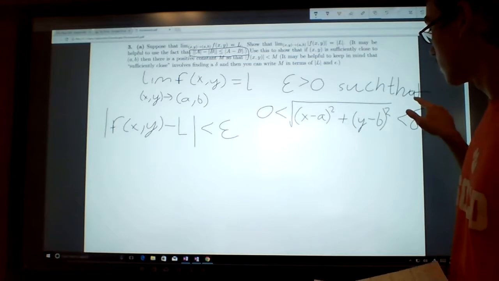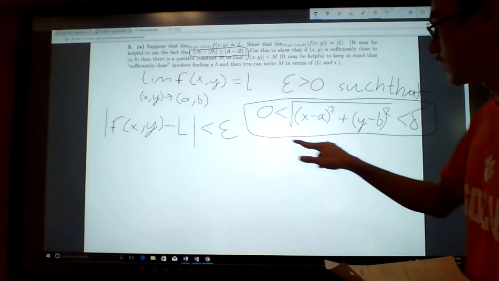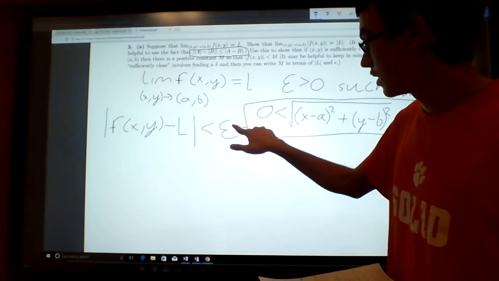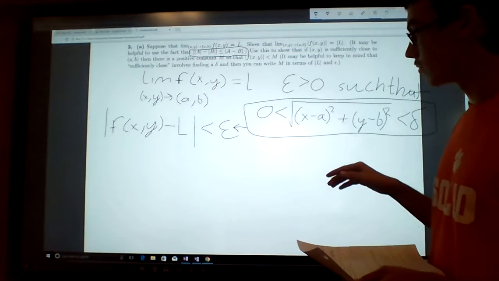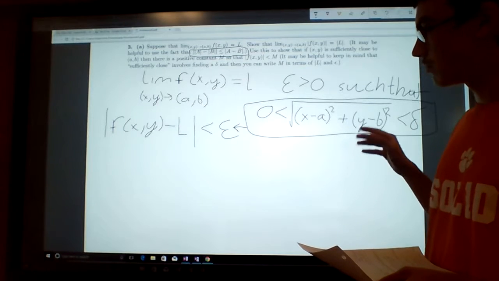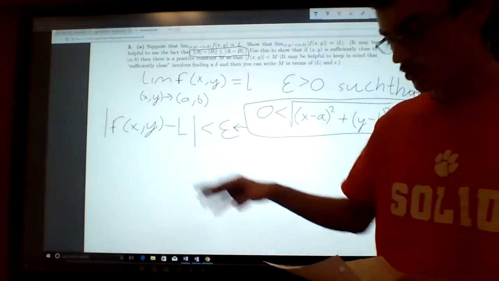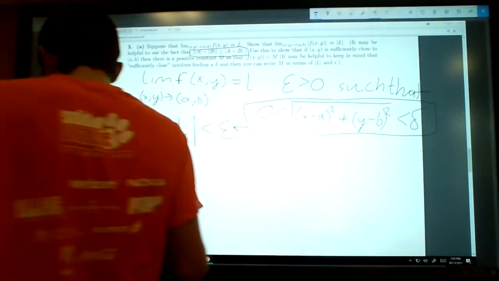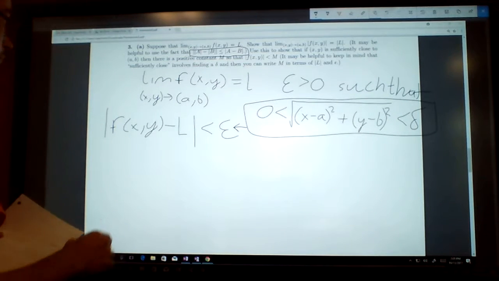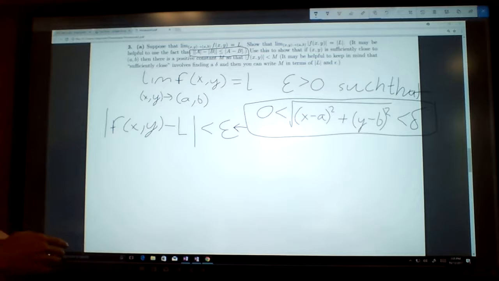So having this, it implies that this is true. By definition of a limit, having this makes this true. So by this fact right here that we were given,